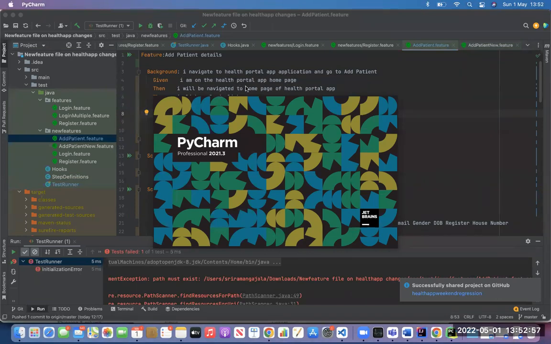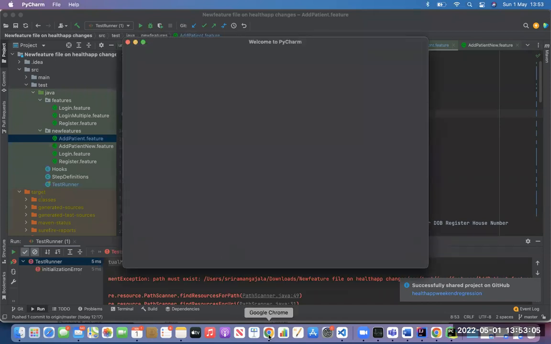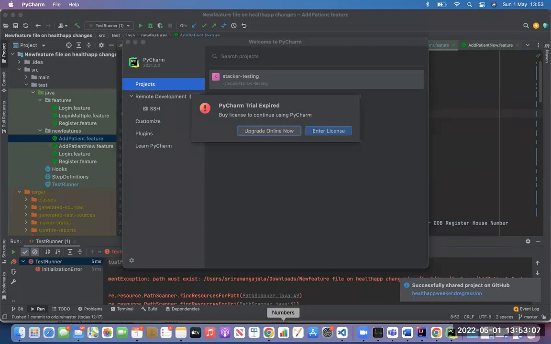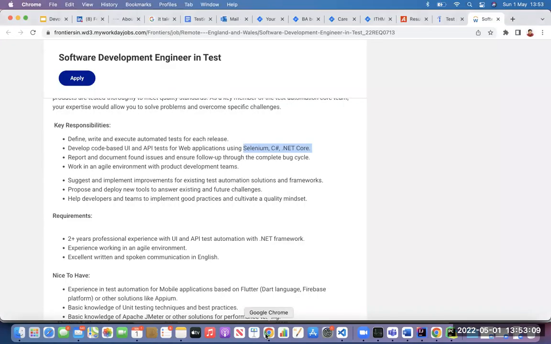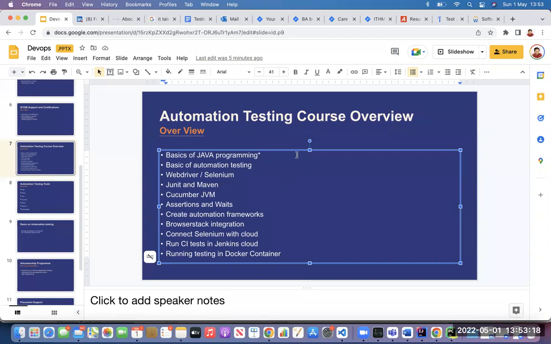It's the same thing with C#, JavaScript, PHP, and Ruby. That's the reason we teach you one language very, very strongly, and then depending upon the client's requirement, we will train you on that specific language. Okay, Sriram, thank you. That means that we are technology agnostic. Any role that you get, you can apply as an automation tester.